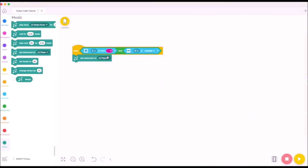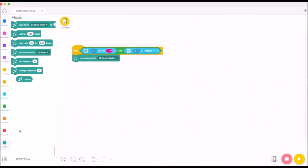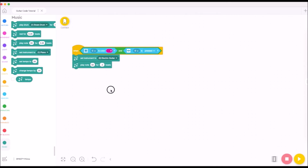I'm keeping it all default electric guitar, but you could make this a guitar, next one, the other note, a cello, whatever you'd like to do. And what we're going to do is pick another music block, and we're going to pick this one right here, play note 60 for a quarter beat. Now we're going to change this. Actually, we're going to keep 60 just where it's at, but you can see when you click on the 60 in this variable section, there's lots of notes, and you can scroll through and find exactly what it is that you're looking for. So you can have a lot of fun with this if you're really into music and understand music. And we're going to make this a half a beat,